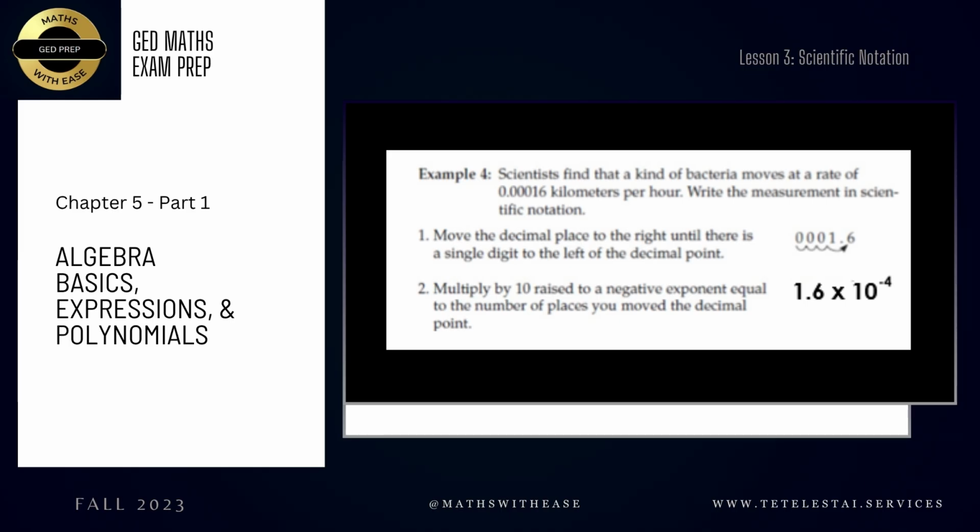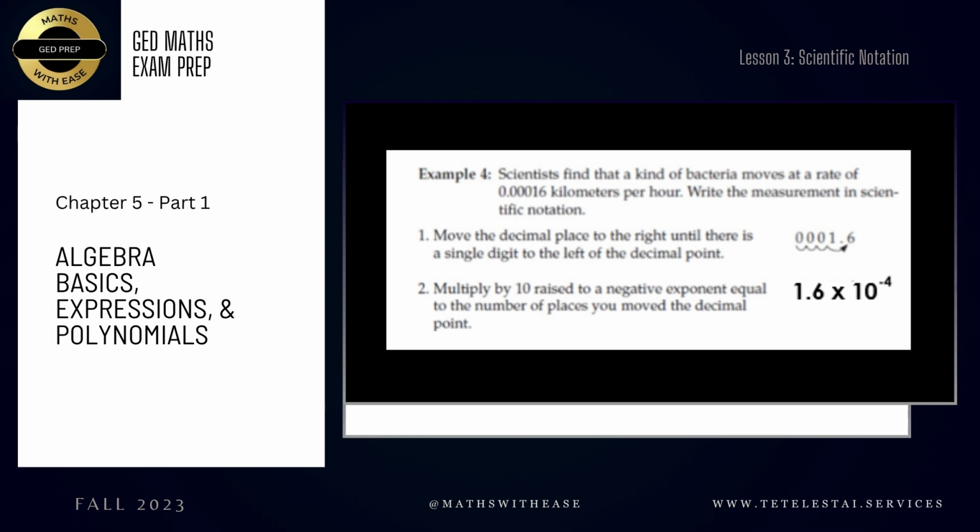But since we moved to the right, our exponent is going to be negative. And that's just ensuring that when you put this number into your calculator, you arrive at this original value. Okay, and remember, another way to think of this 1.6 times 10 raised to the power of -4 is that we're multiplying 1.6 by 1 over 10 raised to the power of 4. Is this value right here,